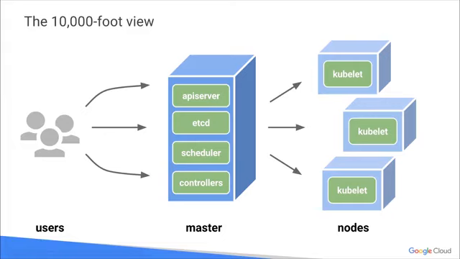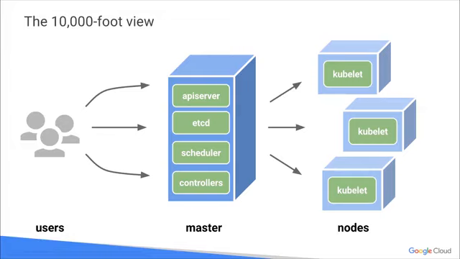Okay, so let's give you a 10,000-foot view of Kubernetes itself. You have the users on the left-hand side. Then you have this master cluster server. Kubernetes, and the way it really runs Docker and containers, is in a cluster environment. And then you have all these nodes out there which are running kubelets. The kubelet is a Kubernetes agent itself. And the master, what it does, it controls all the jobs. It controls scheduling. It controls the etcd, the app server itself.